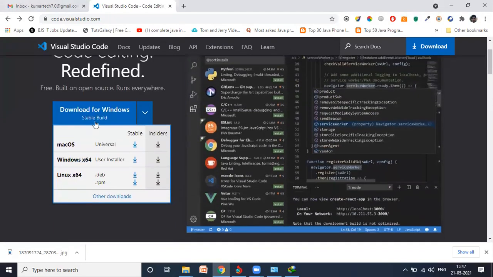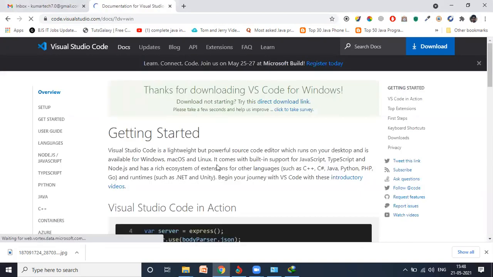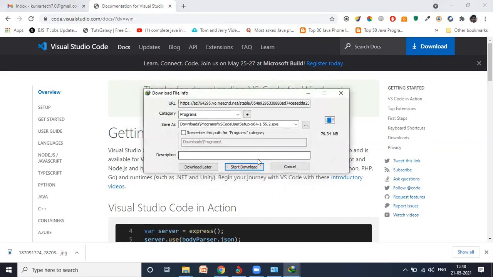since I have a Windows system, in case if you have a Mac, you need to click on this one. Okay, if you have a Linux, click on this one. Okay, you can choose according to your system. Yeah, now this download option came. I already downloaded it, but no issues. I will click OK and let it be installed again.